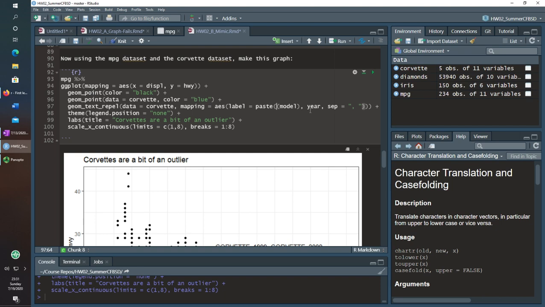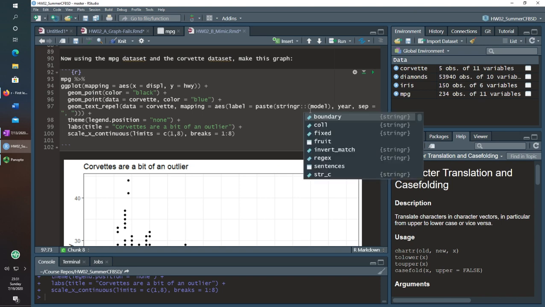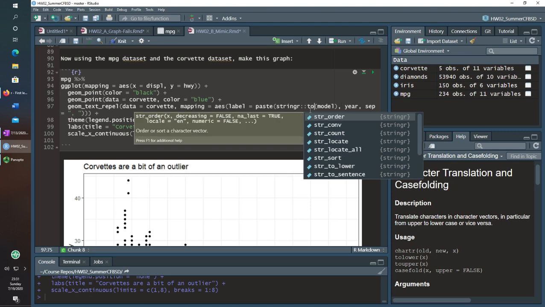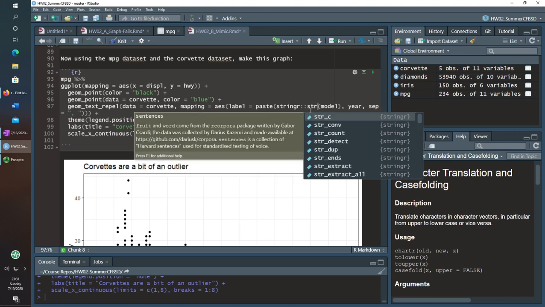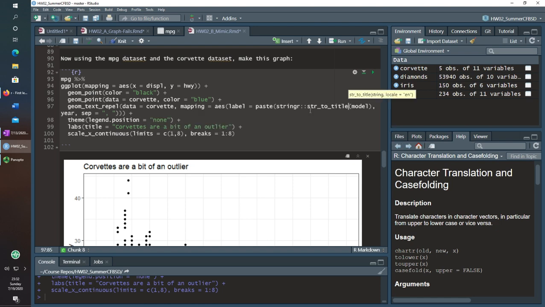You can do it in base R, but actually there's the stringr package, which is also part of the tidyverse. It's str, which is the string, and I want to make it to title or to sentence, doesn't really matter. Basically, to sentence will make it so that only the first word is capitalized, and if there were multiple words, to title would make it so that every single word would be capitalized.